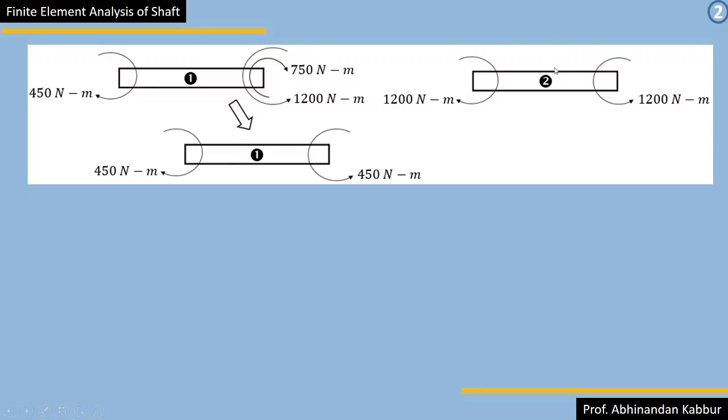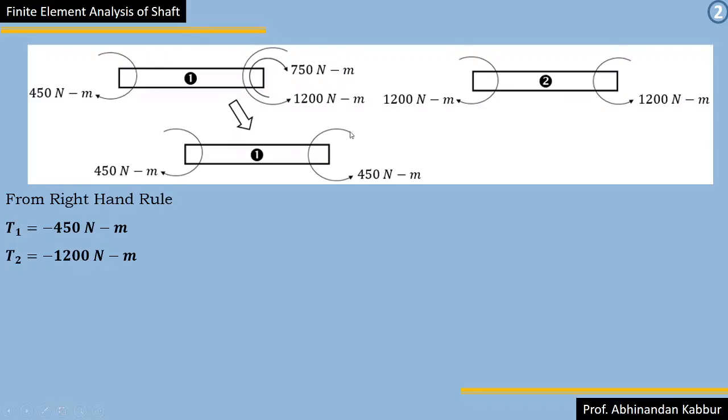So this is how we can find out the torque applied on each portion, so that we can calculate the angle of twist and the shear stress. So in the next, either I have to use right hand rule or the left hand rule, we need to find out what are the torque applied on the first portion and the second portion. So this is the first portion, so I look for the torque which is there on the right side of the shaft of that first portion.